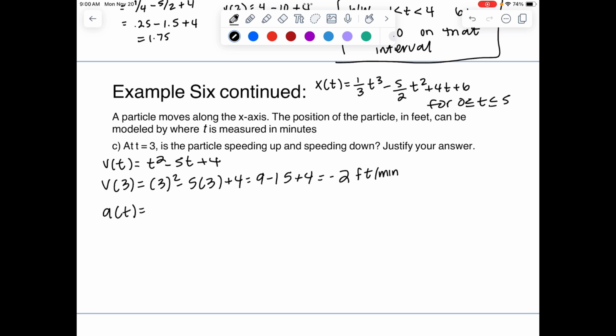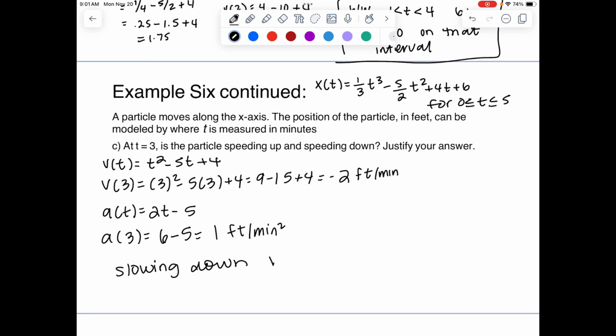So to find the acceleration, I take the derivative of velocity, so 2t minus 5. And then specifically at 3, that's going to be 6 minus 5, which equals negative 1. So negative 1 feet per minute squared. Oh, that's positive 1. 6 minus 5 is positive 1. So this one is slowing down